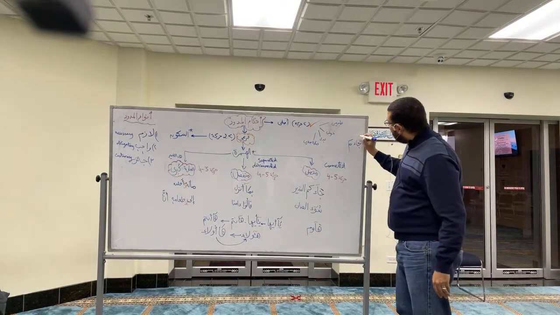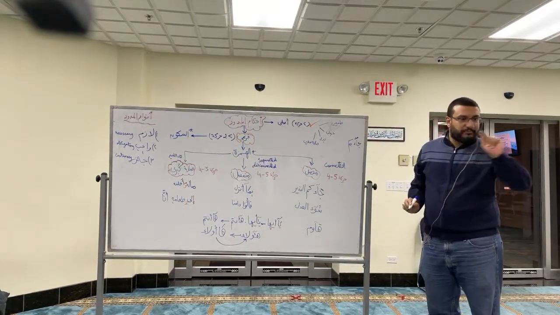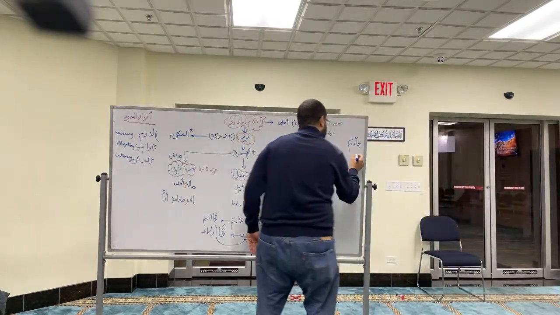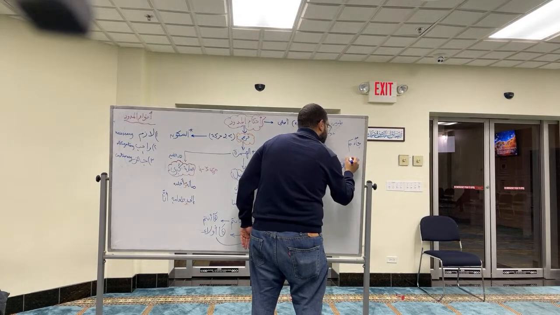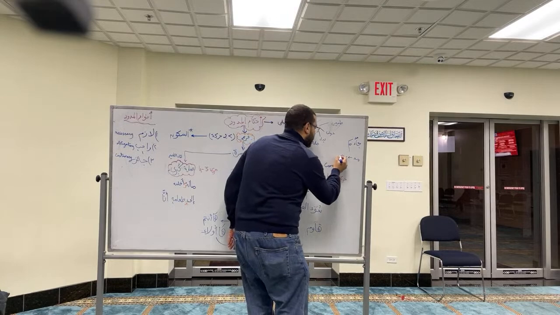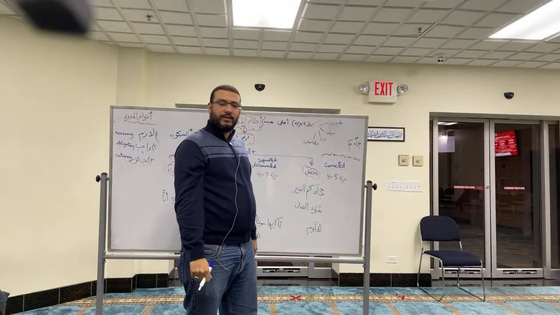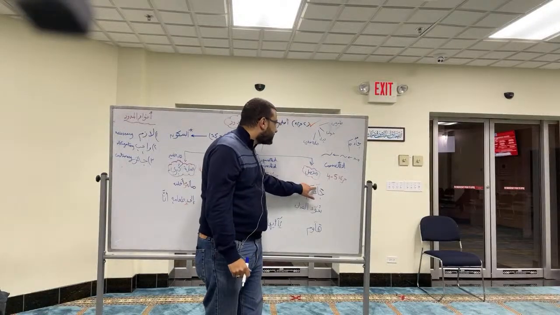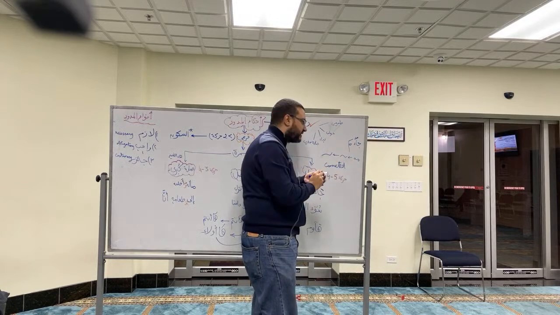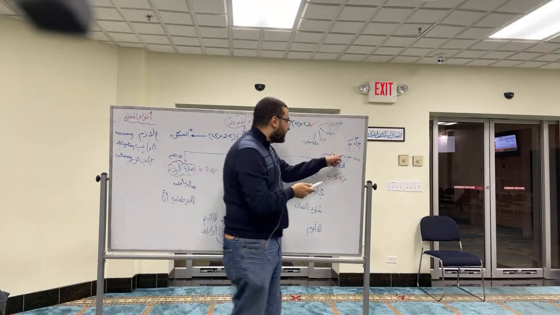They used to write the following. They used to write above it the actual word, mad. And then over time, this meem dal starts getting into like this. And then over time, it basically became like this. So when you see this, this is originally the word mad. But over time, they made it easier because they don't want to write letters on top of letters. It becomes difficult to read. But this is the history of this.